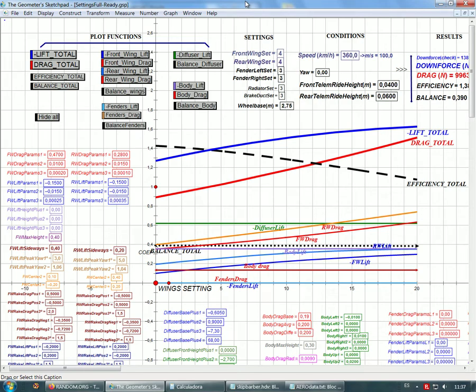Hello guys, let's do a basic aerodynamics for rFactor 2. Hopefully it will take only a few minutes, and despite the fact that I am talking, you will see it's very easy and very fast. So let's start